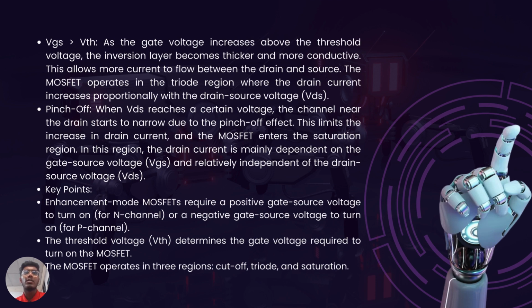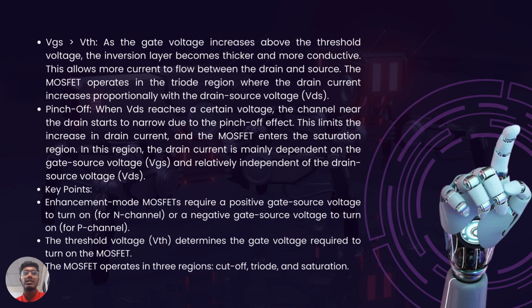Pinch off. When VDS reaches a certain voltage, the channel near the drain starts to narrow due to the pinch off effect. This limits the increase in drain current and the MOSFET enters the saturation region. In this region, the drain current is mainly dependent on the gate source voltage VGS and relatively independent of the drain source voltage VDS. Key points: enhancement mode